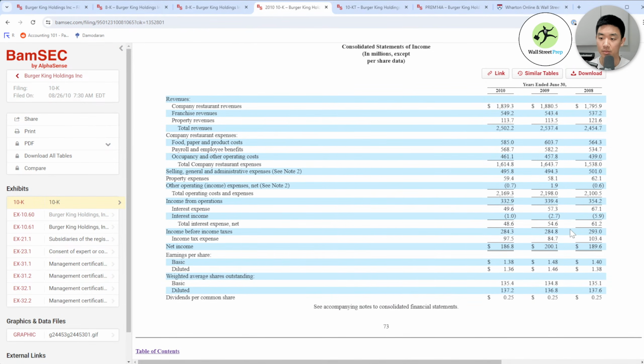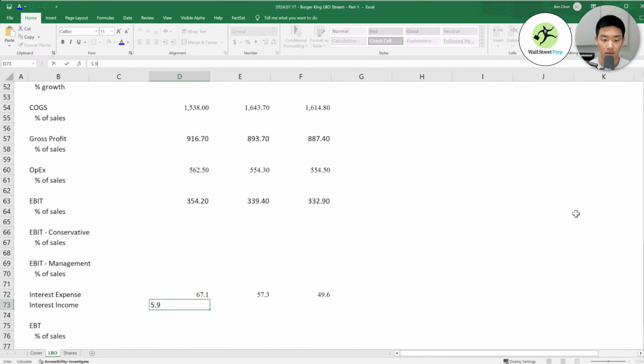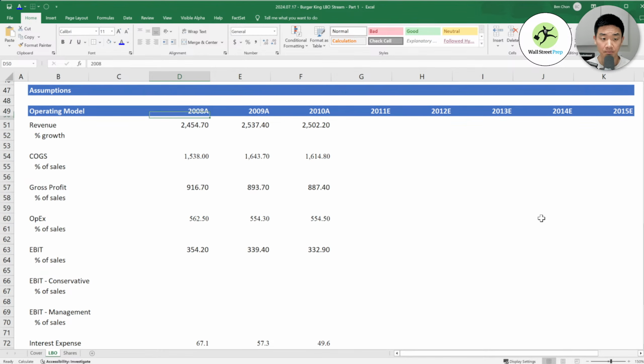You're receiving money. Since the formatting is a little weird, I'm just going to hard code this one. So 5.9, 2.7, and 1.0. And I personally like to keep every single number in the model positive, even if it's an expense, something you should subtract out. But other people like to make everything negative if you're subtracting and then subtract it out. So that's just totally personal preference. Okay, so all of these are hard codes.